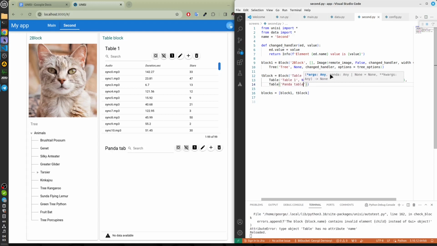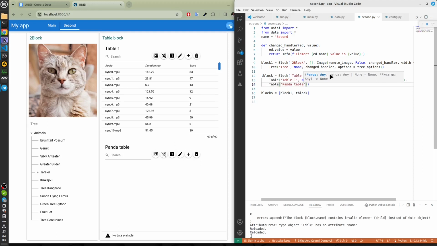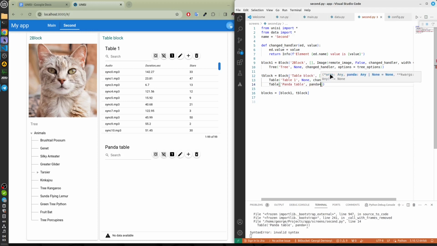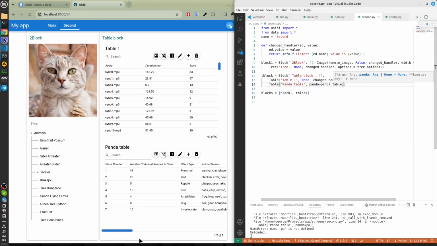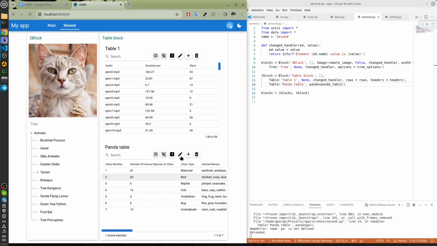And here we will write the definition of the pandas. Pandas equals pandas table. As we can see, it is filled with lines from the pandas table. And if we start editing this table here, we will edit the pandas table that we have transferred here, which is very convenient in some cases, because pandas are used in many places.